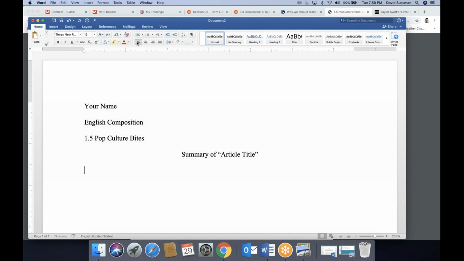So we use this guy here. The opening sentence of a new paragraph needs to be indented. So you hit the tab key on the left side of your keyboard just once, and you can start typing your summary. Now I'm going to fill up a bunch of space, so I'm actually going to copy this. When you get to the end of a sentence, you type your period, you hit your space bar twice. 1, 2, keep going. 1, 2, keep going.